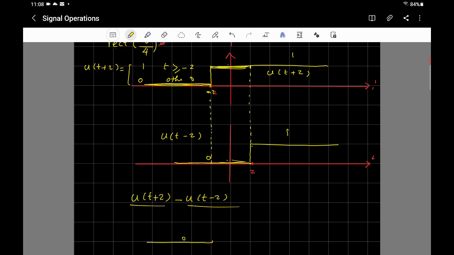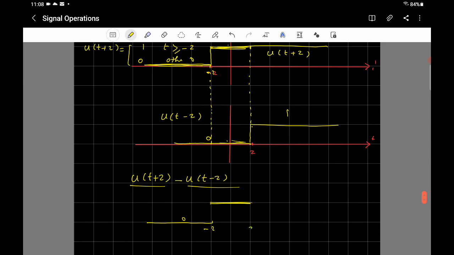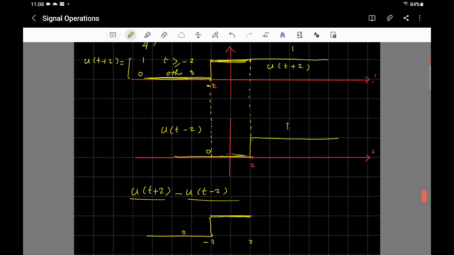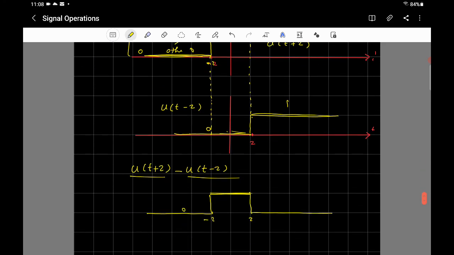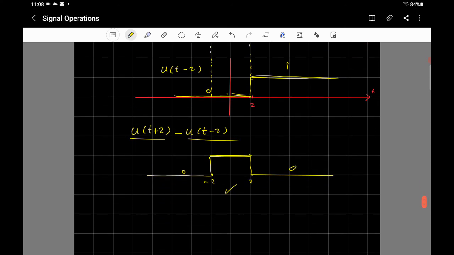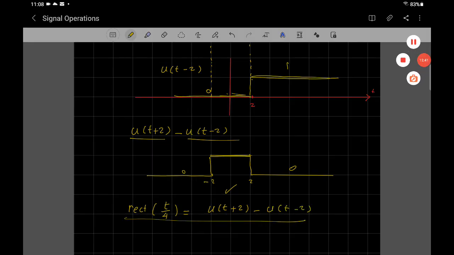So 1 minus 0 is equal to 1. That's from negative 2 to 2. And then from 2 to infinity, 1 minus 1 is equal to 0. And here you go. You got the rectangular pulse. So you can say that rect of t over 4 is equal to u of t plus 2 minus u of t minus 2. And that's it for this